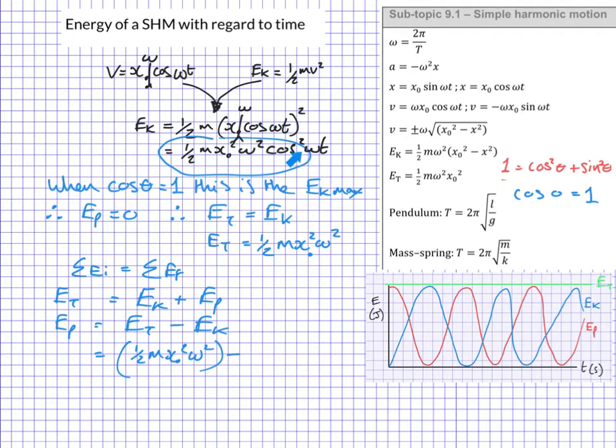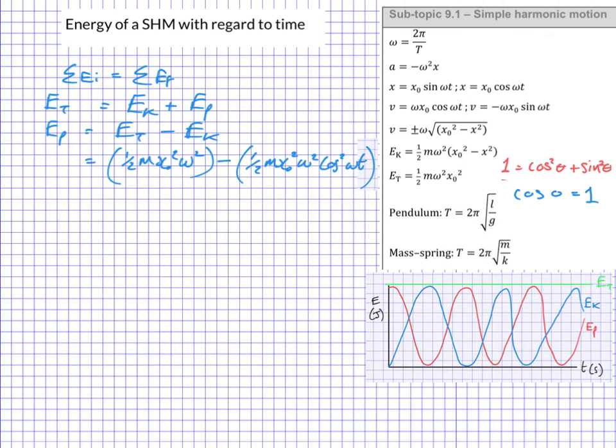And hopefully you can see this is where the cosine squared idea is going to come in as we simplify this down. So the kinetic energy is 1/2 m x naught squared omega squared cosine squared of omega t. So finally, just to simplify this down a bit, this is where we get to use our cosine squared plus sine squared. If you can recognize that this function here is the same as this function right here, we're basically